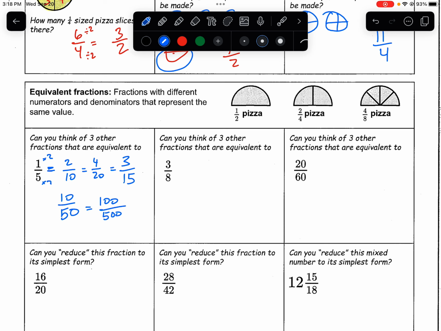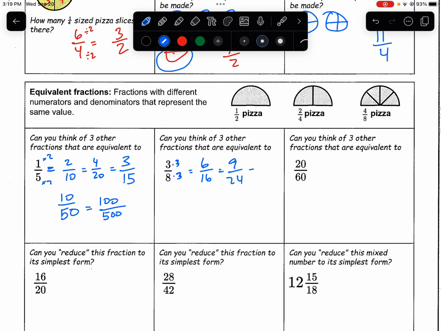There's an infinite number of fractions that are equivalent to 1/5. So 3/8, let's do the same thing. Just multiply the top and bottom by the same number. I'll just do 2. That gets me 6/16. I can multiply the top and bottom by 3. That gets me